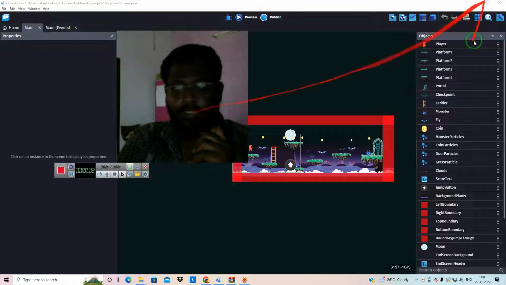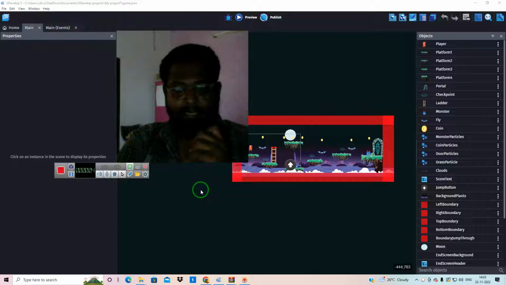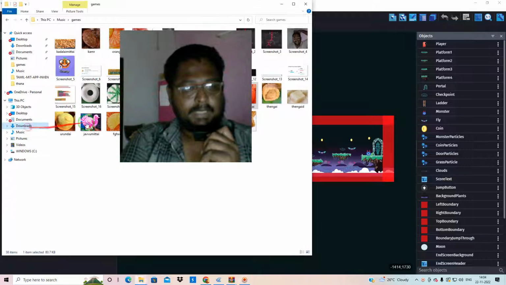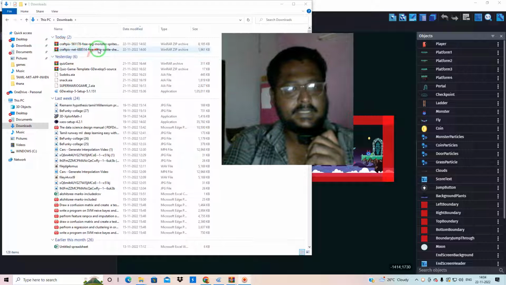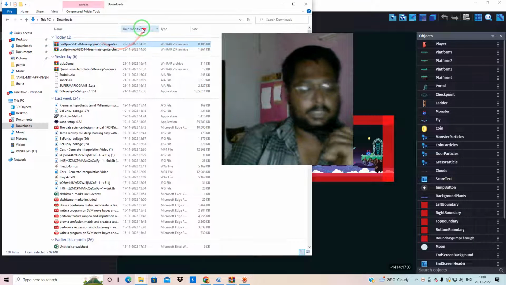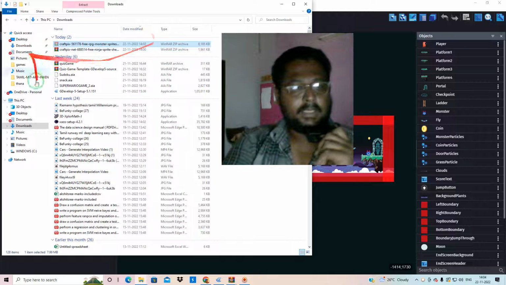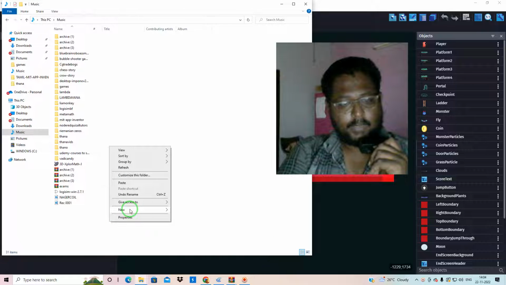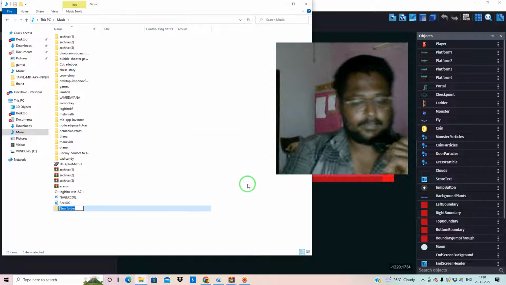So now I will teach you how to insert a new enemy character and an existing enemy character in the game. I have downloaded this from the website, so I think there is no copyright with this. Okay, so it is a monster enemy. So I am going to teach you how to insert this. What you have to do is paste this